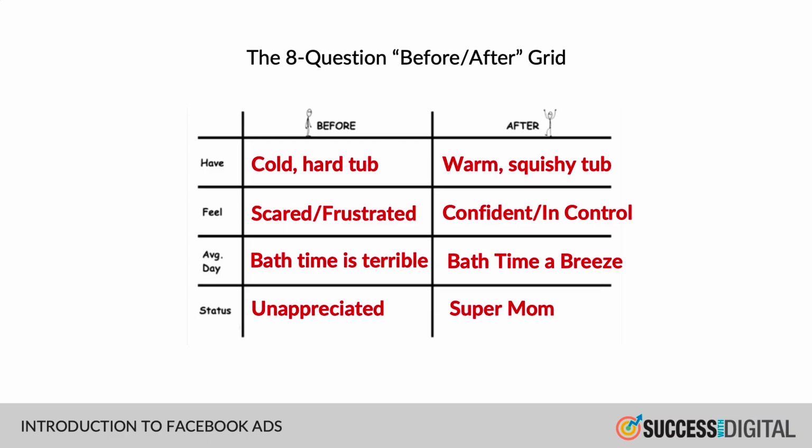So when you compare just talking about features, this is a bathtub so many inches deep with hard BPA plastic and a non-grip thing, or if you really speak to the after state that you're going to give the parent, you'll find that using the before and after grid is a great way to be able to eloquently say what you're wanting to say. So using this before and after grid, if I were to just put together quickly some copy for it, it could be,